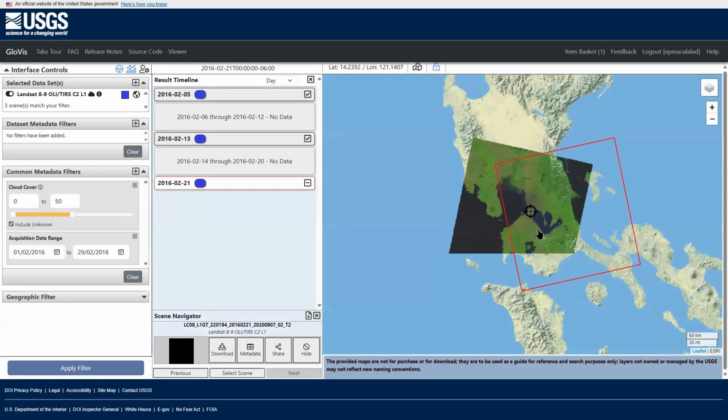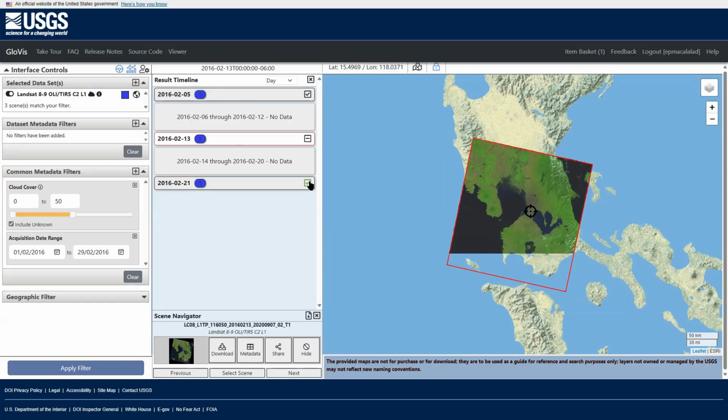Okay. Now this is for February 5. So just click this one to view the data. So it will now change. We're going to click this.